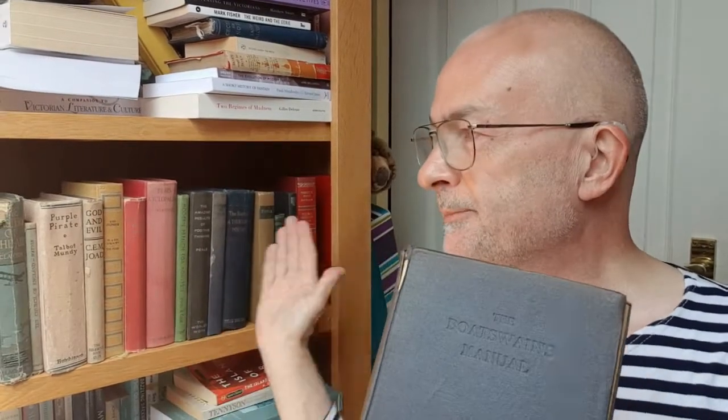going back to my set of forgotten hardbacks, working my way through the inches of my yard. I guess I could have called it Yard Arm of Random Books this week. Also got the Boatswain's Manual from 1944. So this is a textbook for